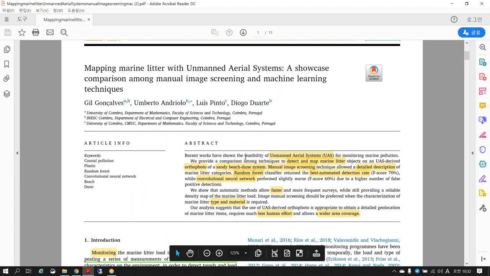Recent works have shown the feasibility of unmanned aerial systems for monitoring marine pollution. We provide a comparison among techniques to detect and map marine litter objects on a UAS-derived orthophoto of a sandy beach dune system. Manual image screening technique allowed a detailed description of marine litter categories. Random forest classifier returned the best automated detection rate, while convolutional neural network performed slightly worse due to higher number